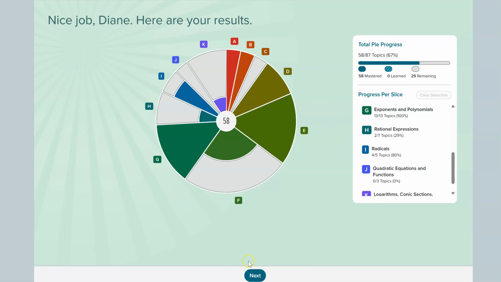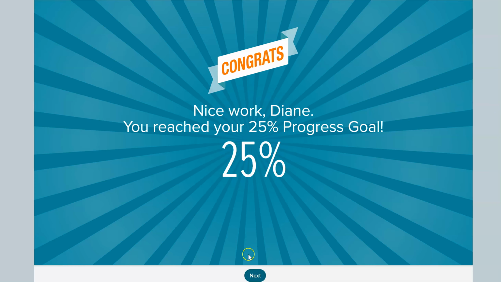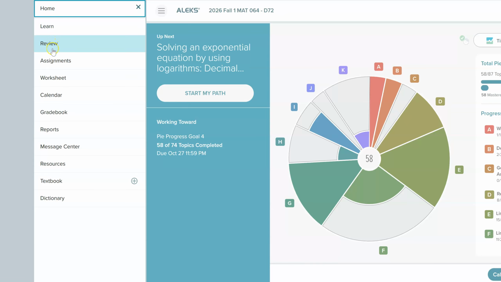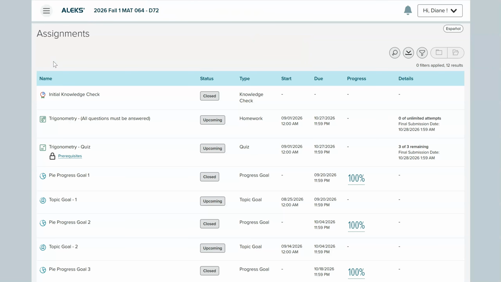So at this point, you can click next, next, and keep going until you get to this main page. And you will click on Start My Path, and that's going to bring you to the first questions you need to answer. If you click up here on the upper left 3 bars, and you click on Assignments,